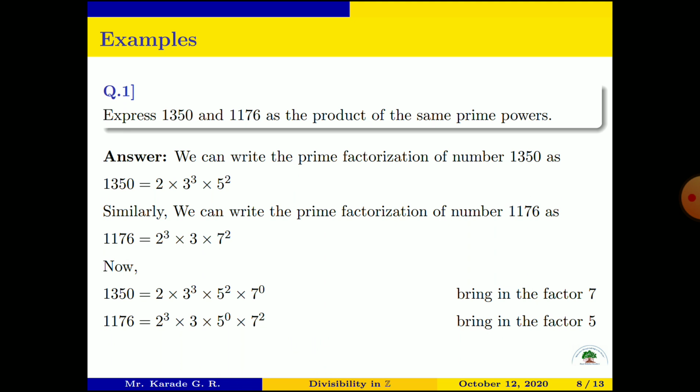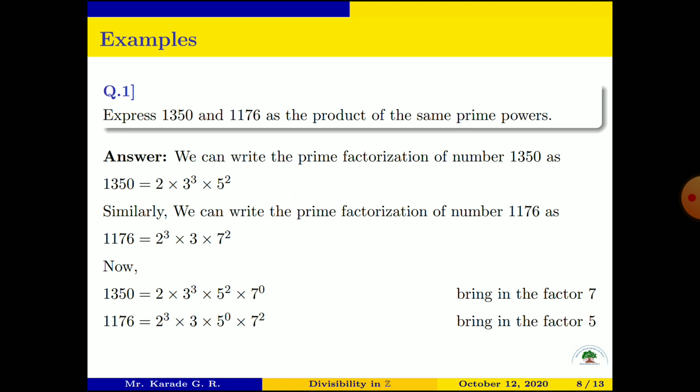Similarly, we can write the prime factorization of the number 1176 as: 1176 is equal to 2 cube into 3 into 7 square. So this is the prime factorization of these two given numbers. Now we come to the next part. We have to express both these numbers as a product of the same prime powers. Okay,